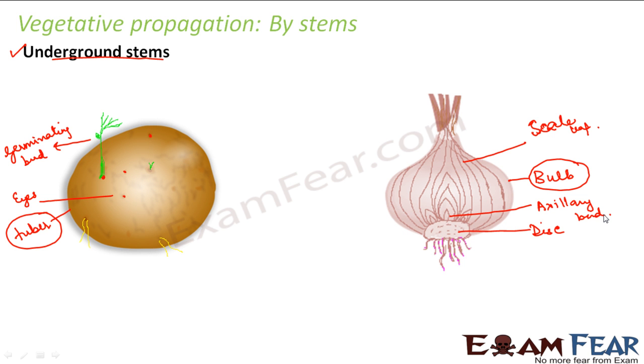So similarly, like how I gave you example of potato and onion, you can also consider the example of ginger. So in ginger also, if you look at the structure of the ginger, like how you have in potato some dot structures, similarly in ginger also you have little similar structure like that on the surface. So they are the nodes of the ginger from where new buds can arise, right? So these are some of the modified stems which can actually help in vegetative